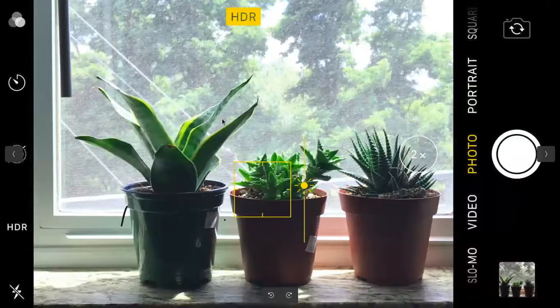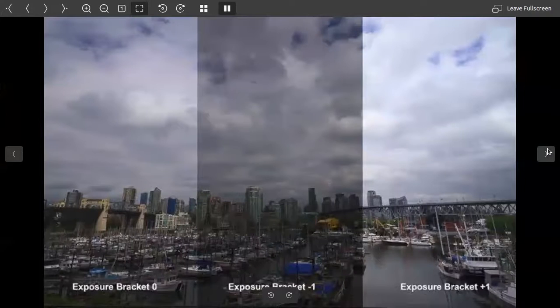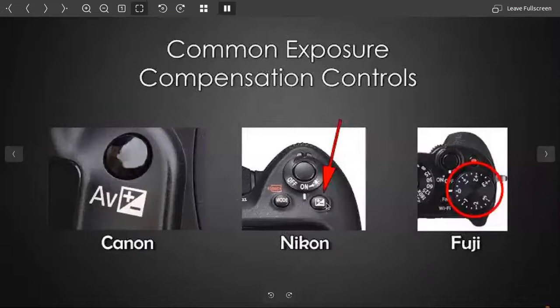And there are challenging situations where the subject or the background are of 2 different types, like something is dark or something is bright. For those types of situations, what is going to help us is exposure compensation. What is the meaning? Whatever photo that we are getting, if we want to make it brighter, we have to apply positive exposure compensation. If we want to make the photo darker, we have to apply negative exposure compensation, right? How to set that? Even for the camera user, dedicated buttons will be there depending upon the cost that you have invested.